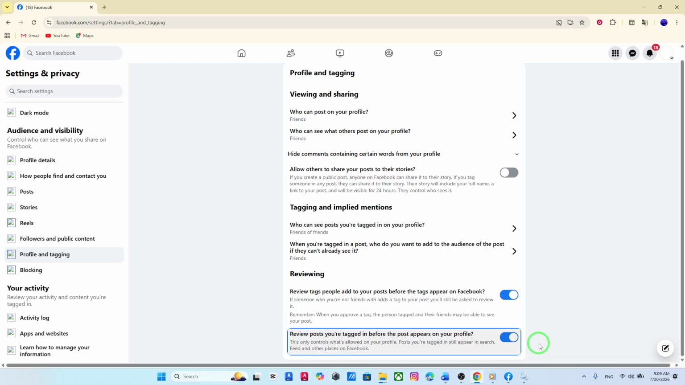displayed. And that's it. You've successfully enabled Tag Review on Facebook using your